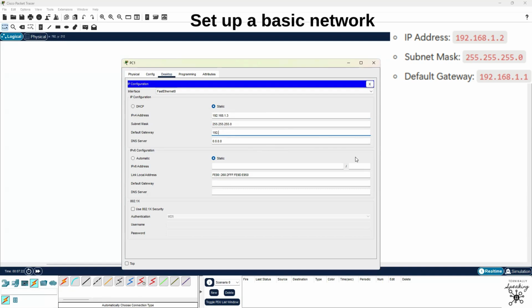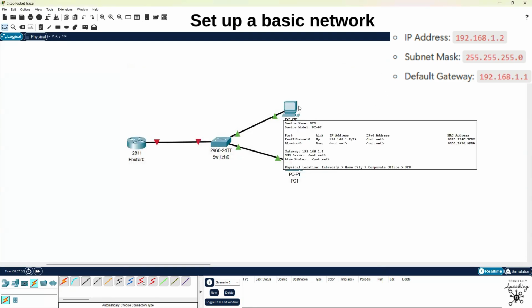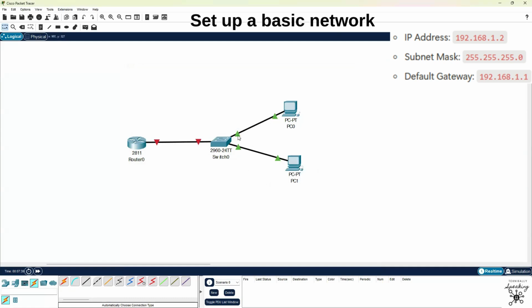The default gateway is the router's IP, so that will be the same: 192.168.1.1. Okay? You can just exit right out of that. Now our PC is configured, our PC1 is configured, and our PC2 is configured. As you can see, we have some green triangles. Now our router switch configuration is not really together, it's red.